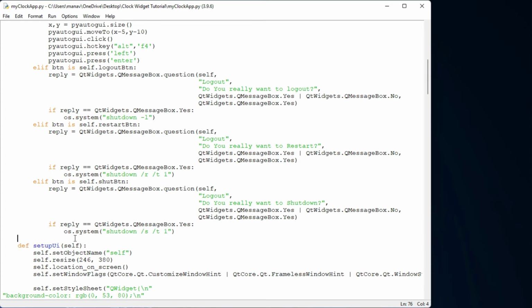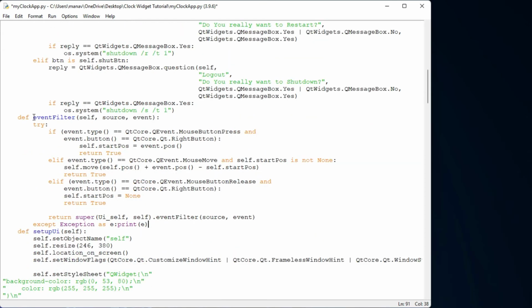I have already made one method here. I'm just copying that and I will elaborate on what it is, because this is something tricky and it will take some time. That's why I'm just placing that.